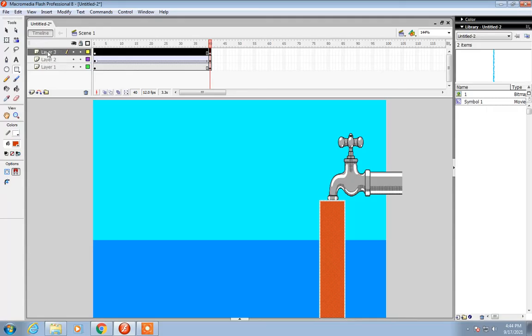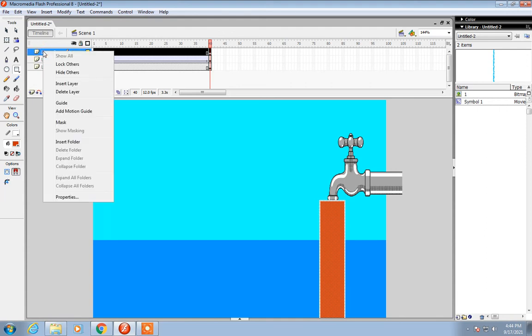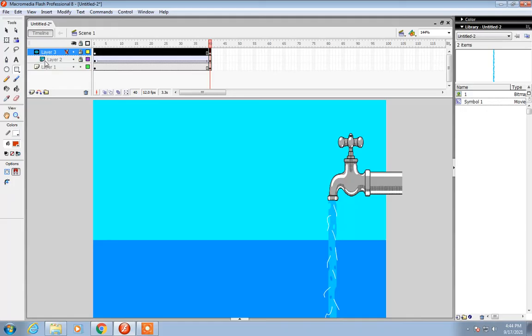Now whatever is there in our layer 3 is this rectangle box, so only that part will be visible from layer 2, which is exactly below it. When I right click on layer 3 and say mask, you can see that layer 2 is also masked within it.